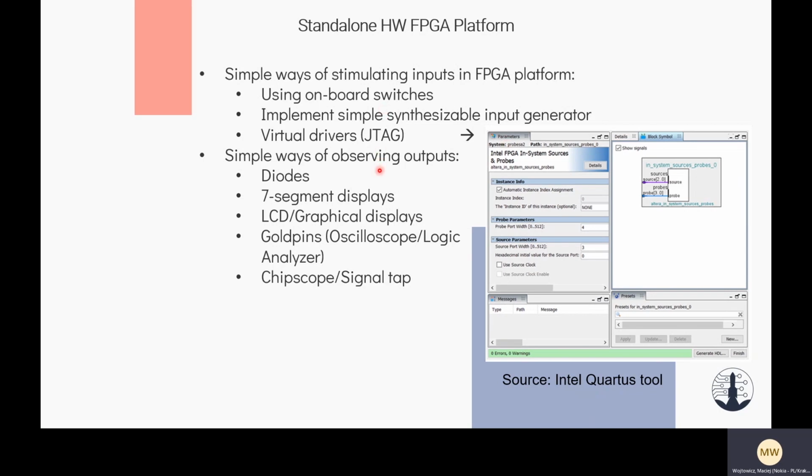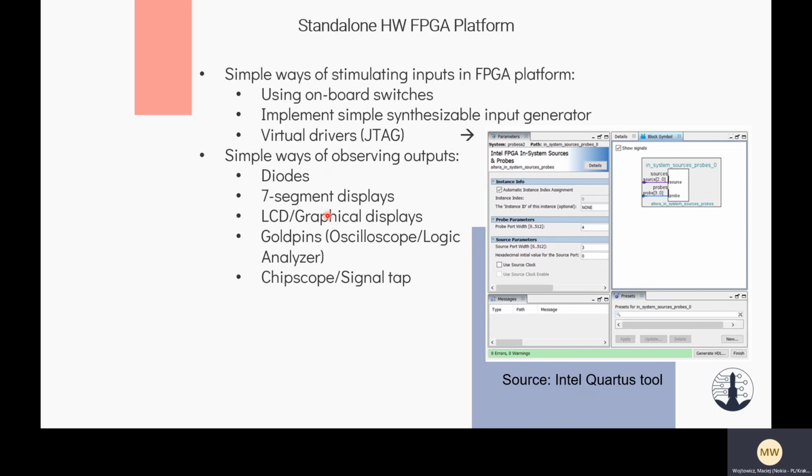As for simple ways of observing outputs, we can list some standard visualization techniques like using diodes, 7-segment displays, LCD graphical displays that are usually already present on FPGA boards. You can also take advantage of gold pins being connected to FPGA outputs, and to these gold pins you can connect some oscilloscope or logic analyzer. The advantage of an oscilloscope and logic analyzer compared with the first three listed items is that you can observe the signals in the time domain,